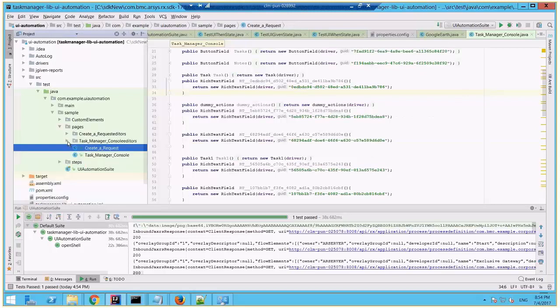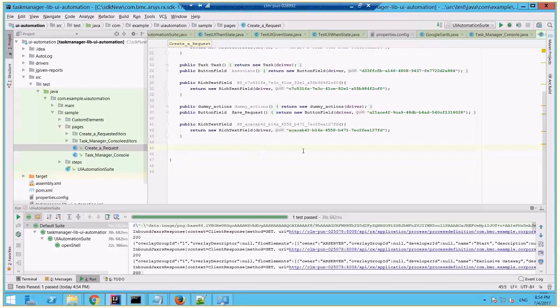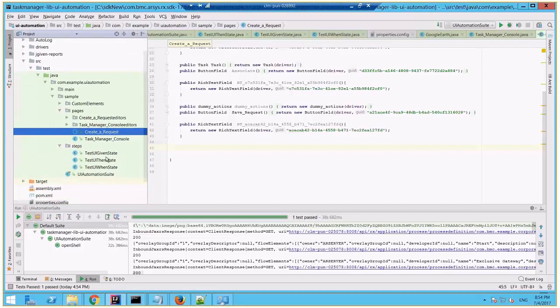So how do I go about it? For example, in the create request, in the typical Selenium fashion, I can create a class or a method directly here under this class saying create a request, or I can directly write that in my various stage classes while building the test script. Let's see how to do that. Before that,